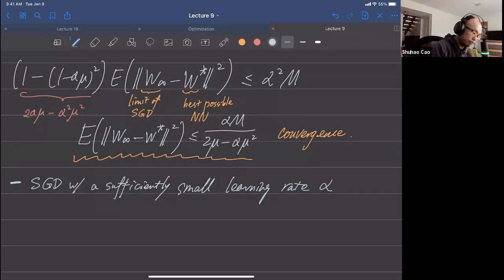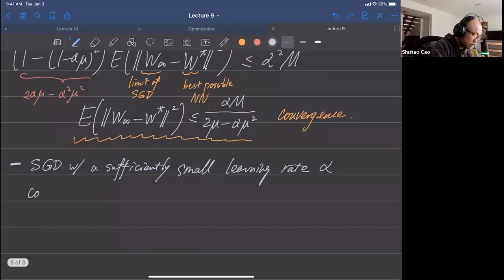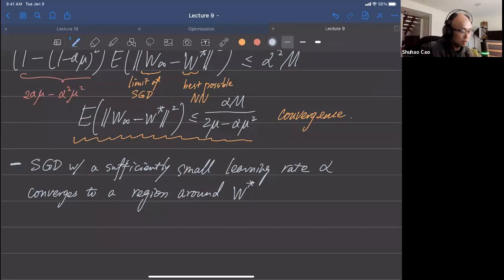It converges to a region, or say a neighborhood, around the optimum, like the local minimizer W,